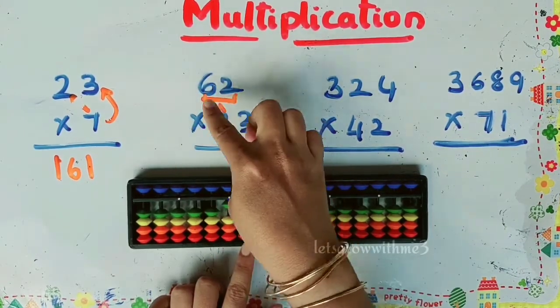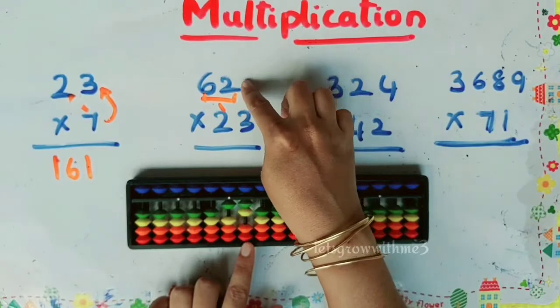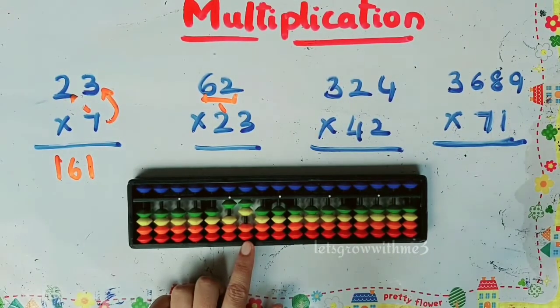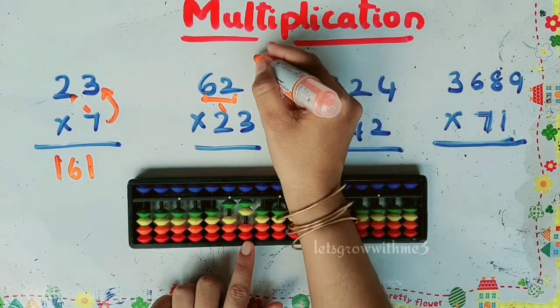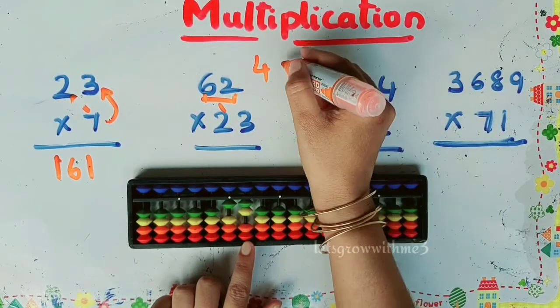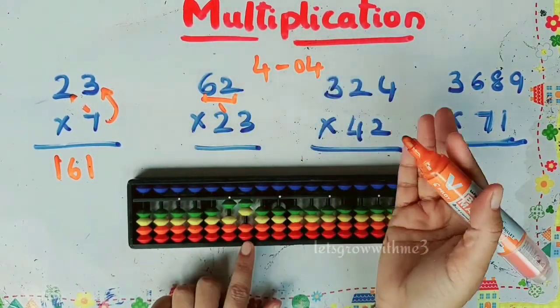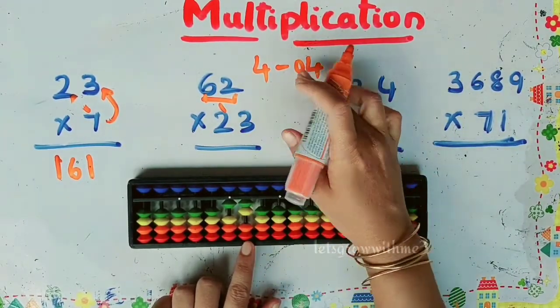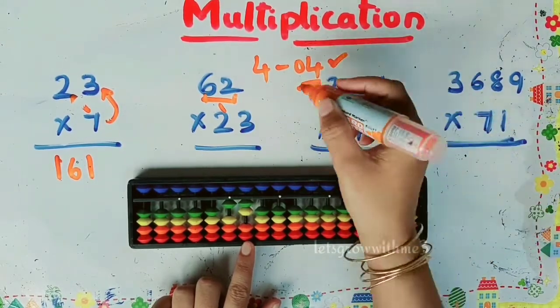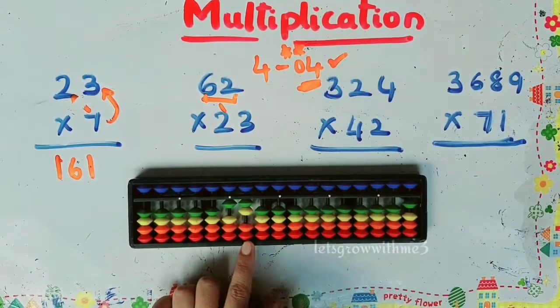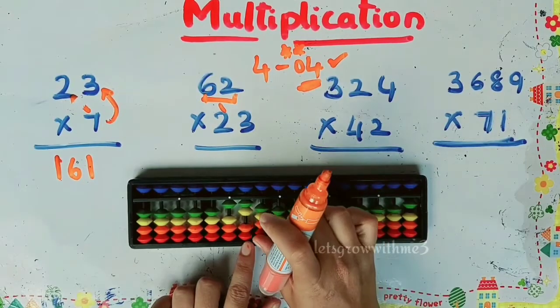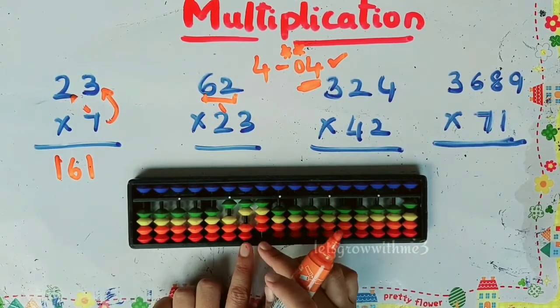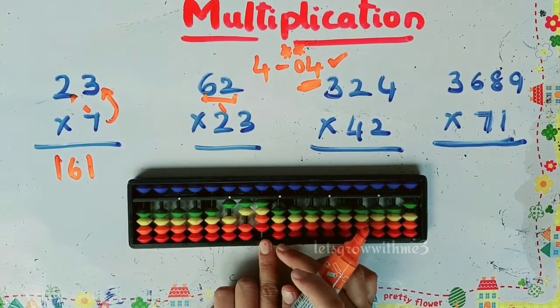Okay, 2 2s are, so here one important point. 2 2s are 4, right? But whenever you are doing it on the abacus, you should consider one digit as a 2-digit number. So how can we convert 4 into 2 digits without changing its value? It is 0 4. Whenever you have a one-digit value, try to set it as 0 4, 0 3, 0 2, 0 1, 0 9, something like that, so that you won't make any mistakes. That's the most important point here. So set 0 4, then finish our multiplication of 62 times 2.